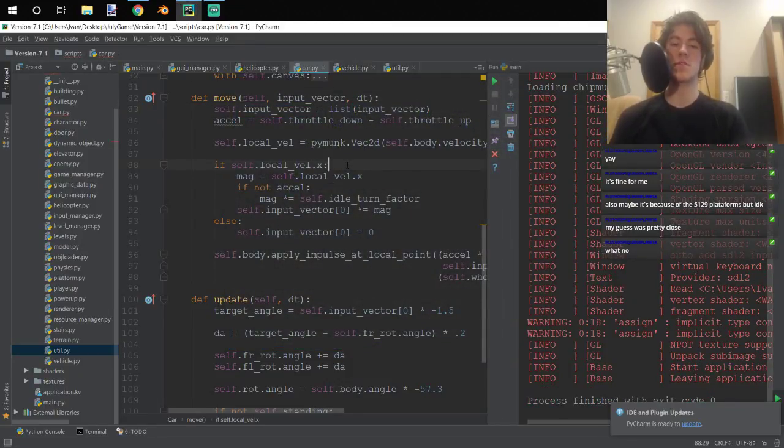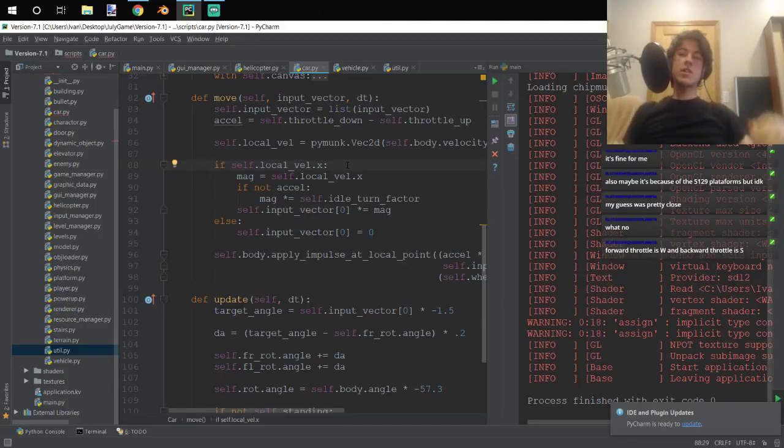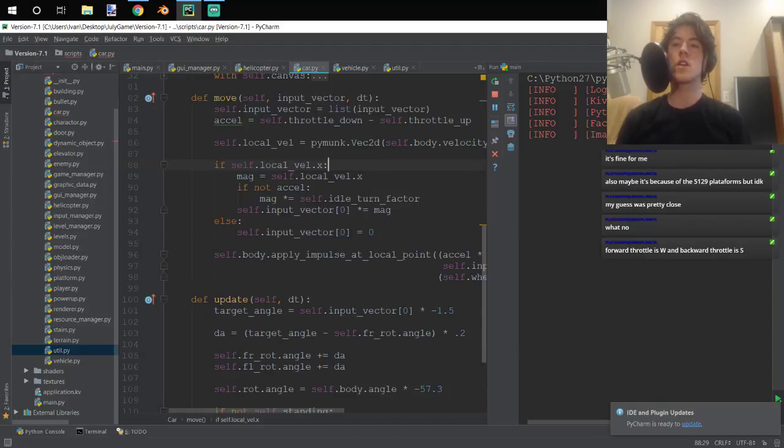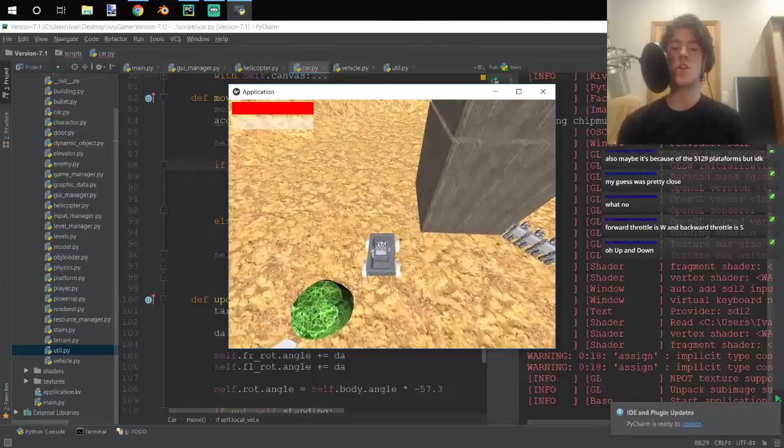No, for the helicopter, not backwards throttle, but I mean the up and down. Because you need different... I know, that's what I meant. That's the upward and downward. Because you need to... yeah, but for the car,